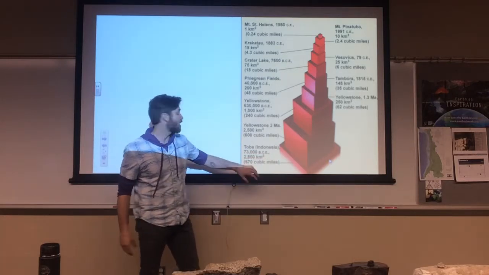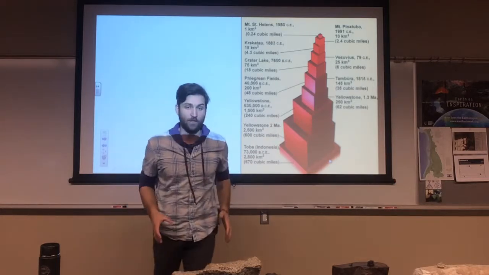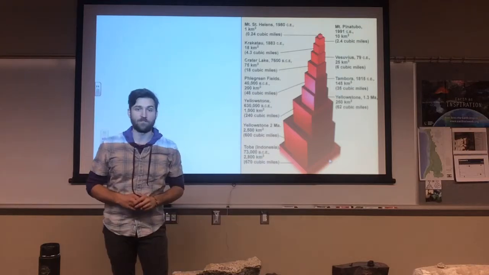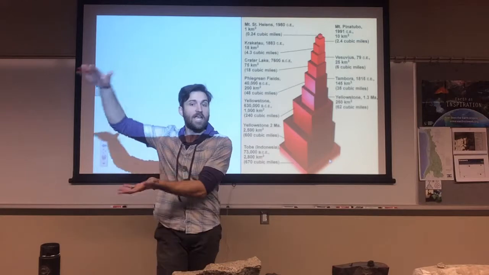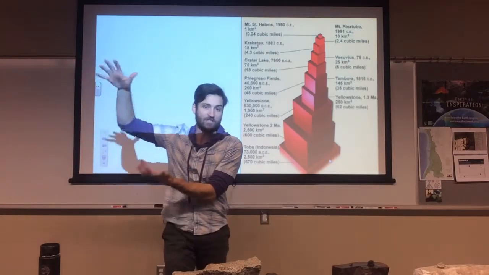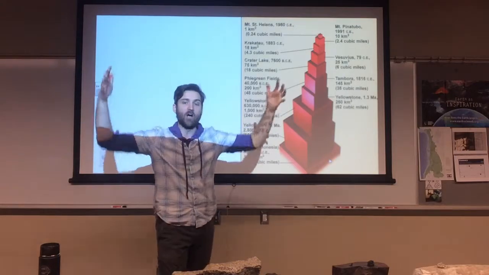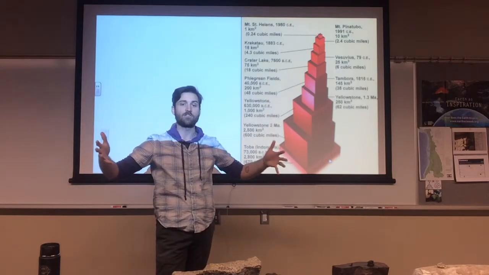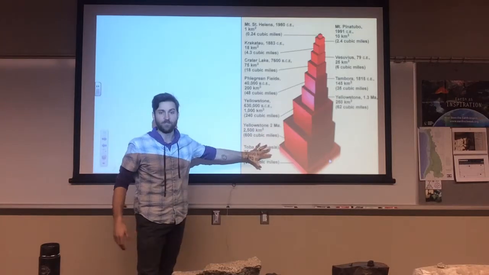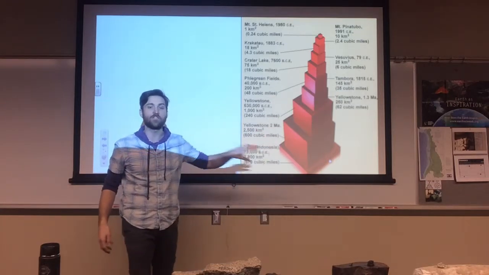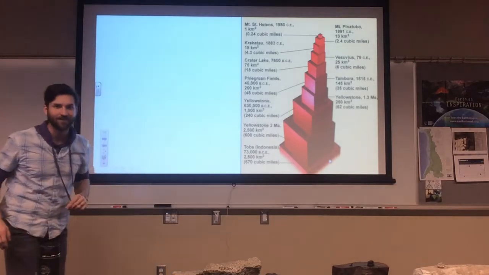Toba in Indonesia, another huge supervolcano, 2,800 cubic kilometers in one of its eruptions that we can see by looking at all of the geologic evidence, all of the layers of ash that are still around, and calculating all of these up and getting our best estimate as geologists of how much came out of that volcano. Thousands. Almost 3,000 cubic kilometers. Almost 3,000 times the size of Mount St. Helens. That is violent. Okay?